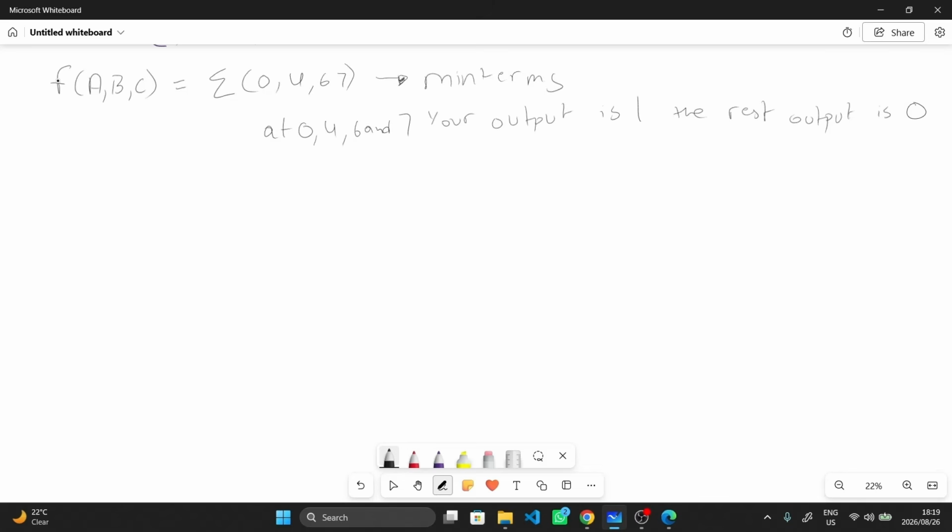In some cases you are given this, and you can say these are the min terms. So the questions from here can be: give the standard SOP form,